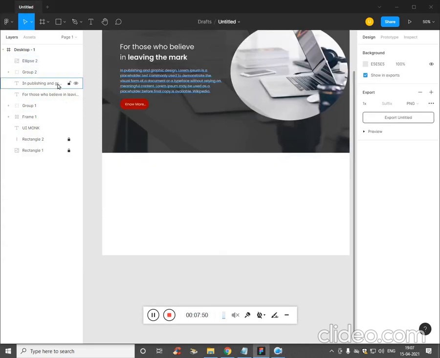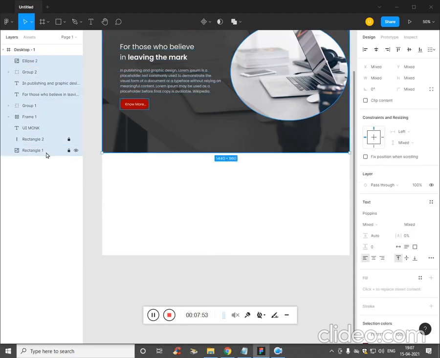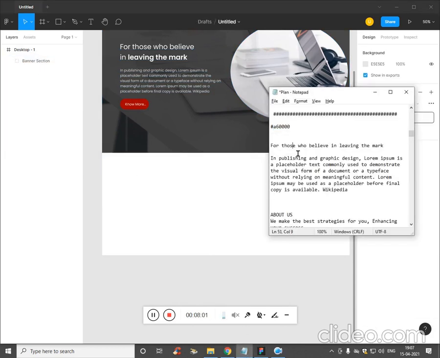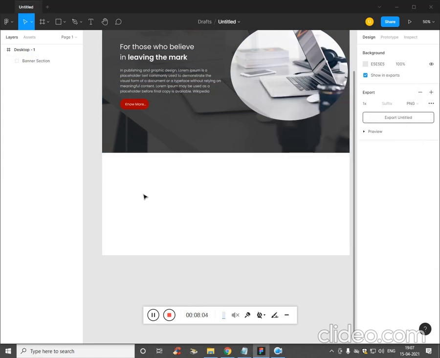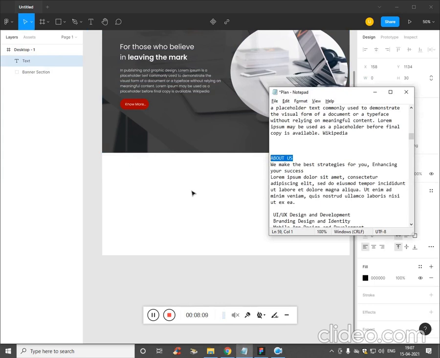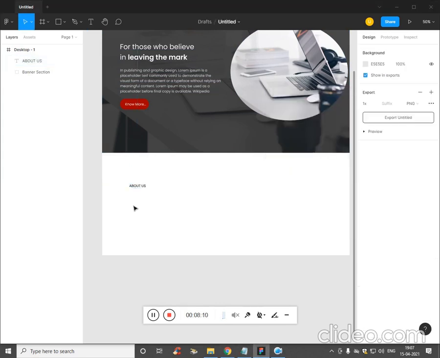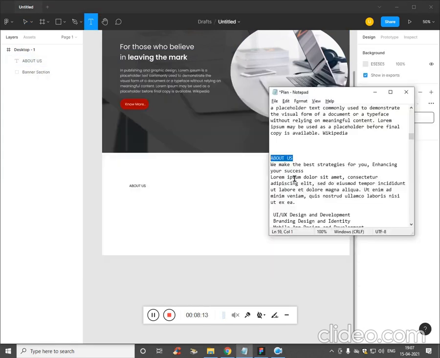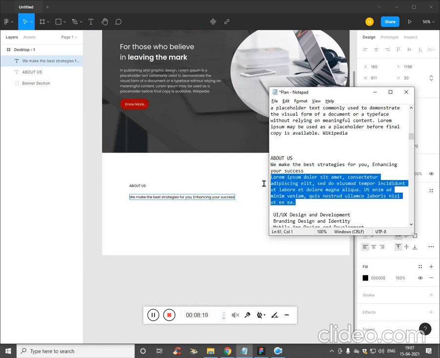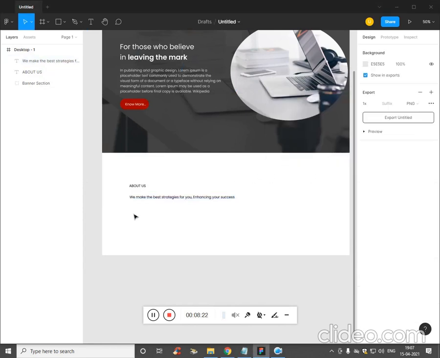Now let's work on the second section. Before that, let's make this Ctrl G and make it as banner section. Now we have to type the text. About us, type T, and I have about us. Then type T, the second heading, then the description about the heading, type T,